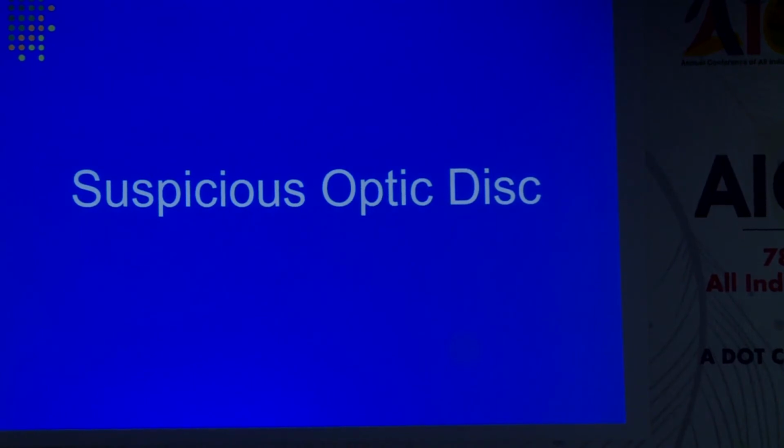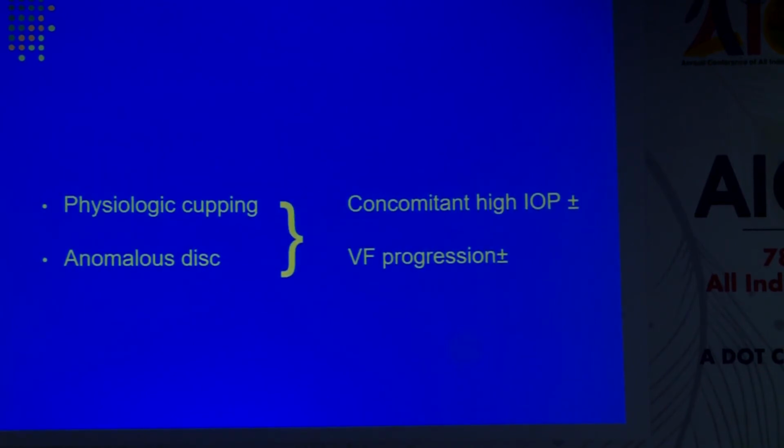A suspicious looking optic disc. I'd say at this point that there are possibly no visual field defects. Now, there may be some amount of physiological cupping, an anomalous disc, everything else is normal. But they are very, very unlikely to be associated with very high intraocular pressures or progression. So these are physiological or abnormal discs that we have seen that Saiba has also